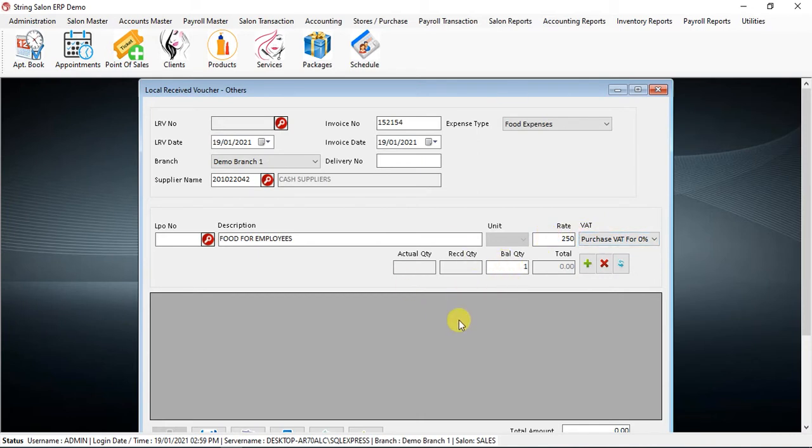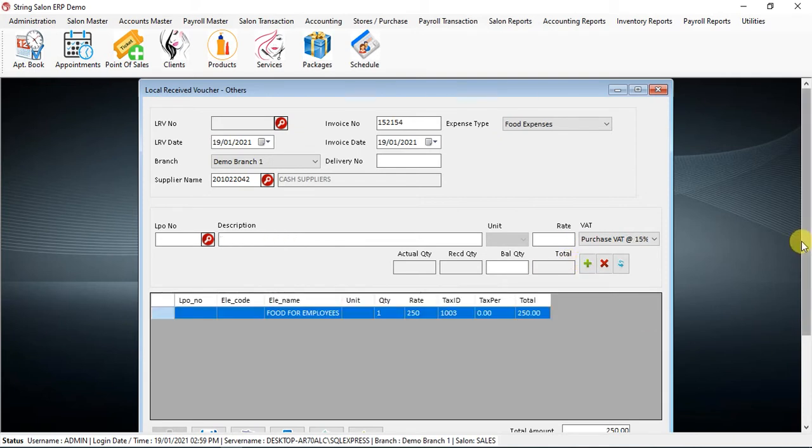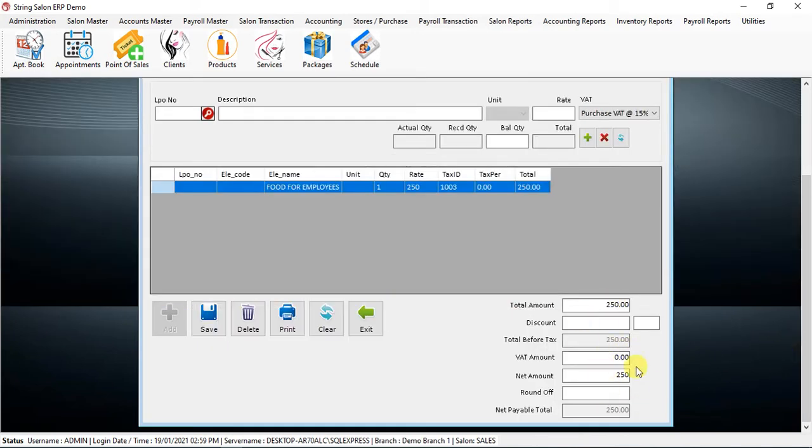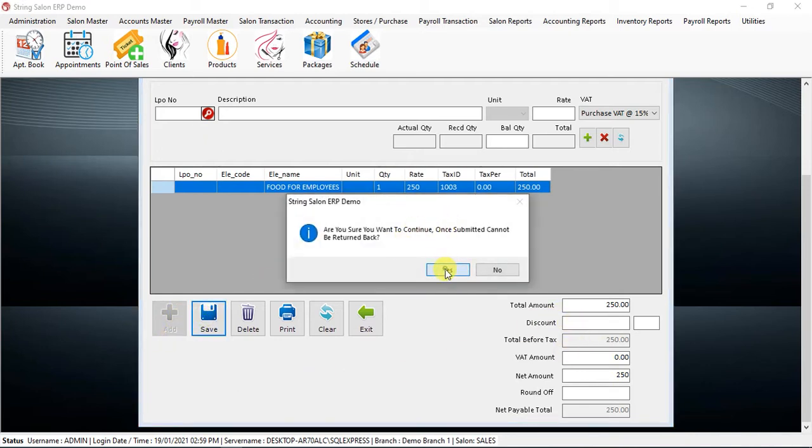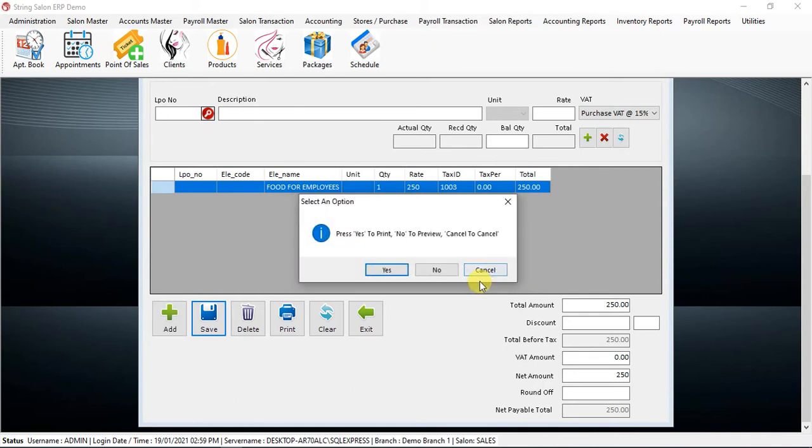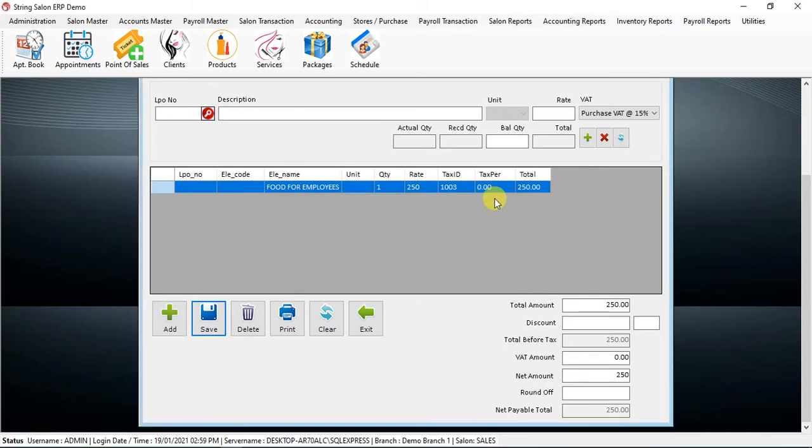No need to put item by item, you can just put the whole amount under one description. If you want, you can mention the invoice number, which is already mentioned over there, and press add. Then you can see there is no VAT in here. Then you will press save. So this is created.